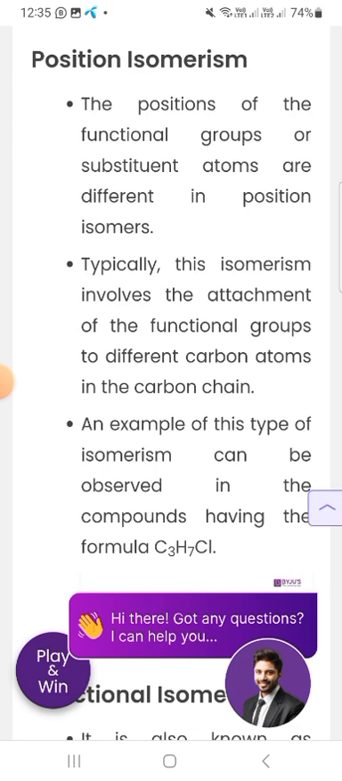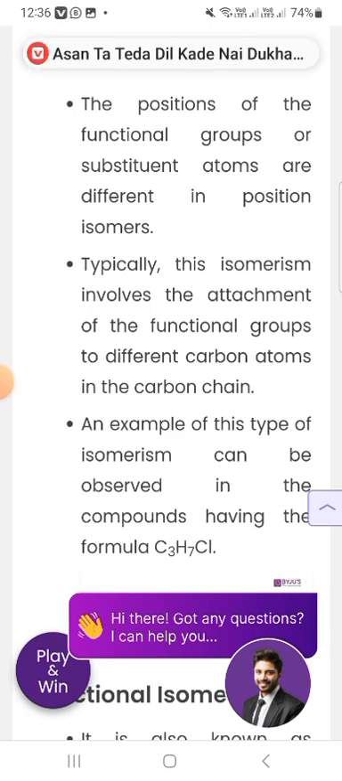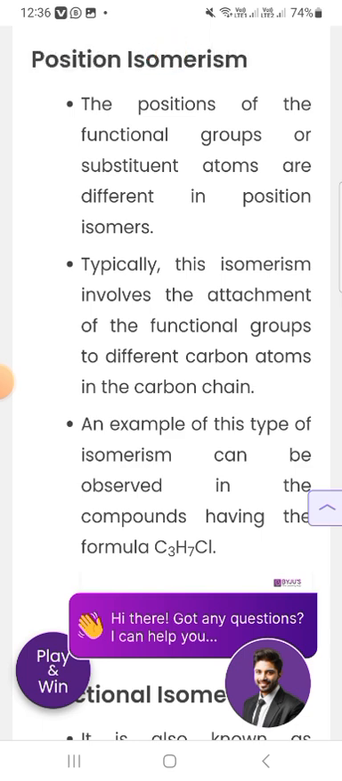This topic is position isomerism. The position of the functional group or substituent atoms is different in position isomers, and typically this isomerism involves the attachment of the functional group to different carbon atoms. An example of this type of isomerism can be observed in compounds having the formula